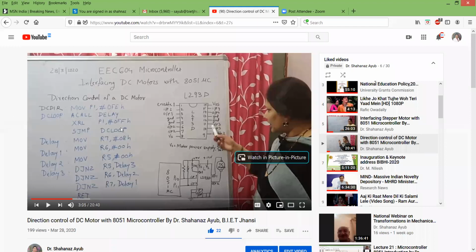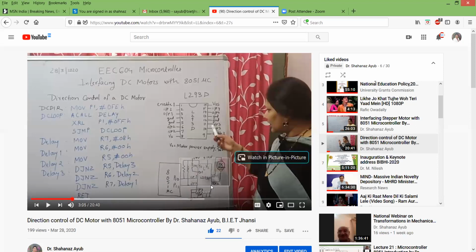So why are we doing this? Previously it was 1 0, that means this was 0 and this was 1. But when we XOR with 1, this becomes 1 and this becomes 0. That means XORing is doing the job of inversion. Understood? Because if I XOR 1 with 1, it will be 0. If I XOR 0 with 1, it will be 1. That means indirectly I am inverting it.